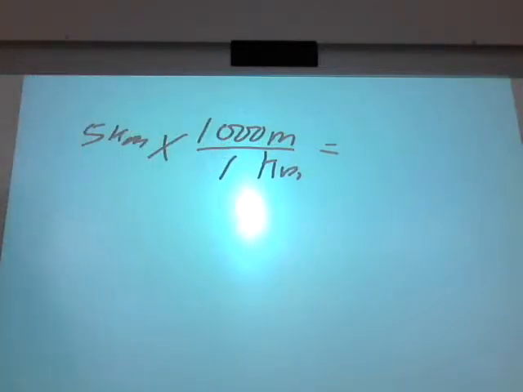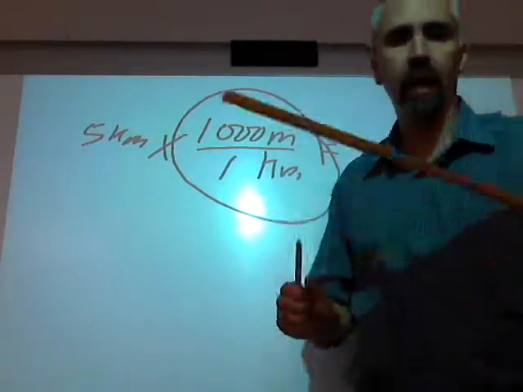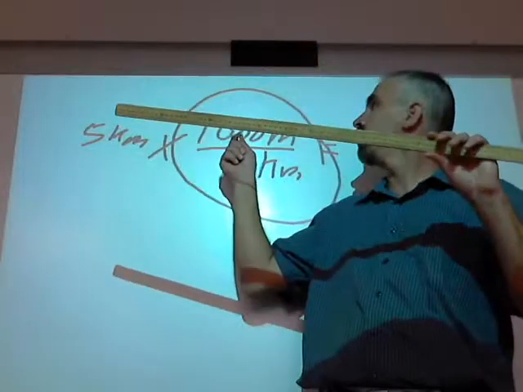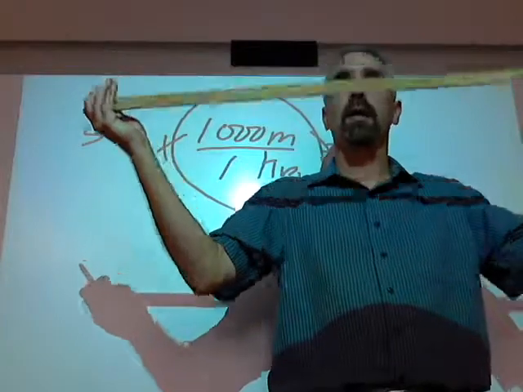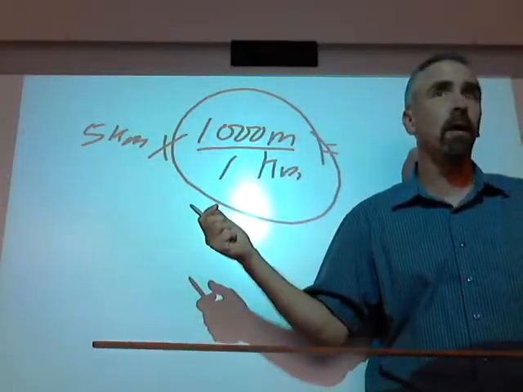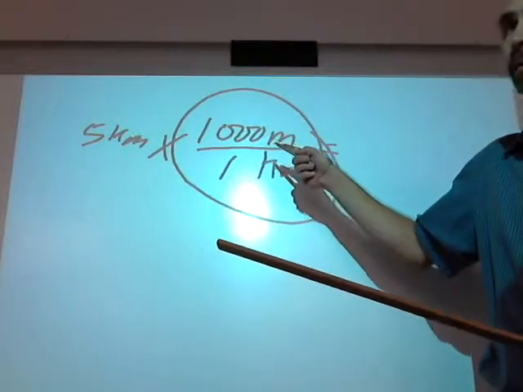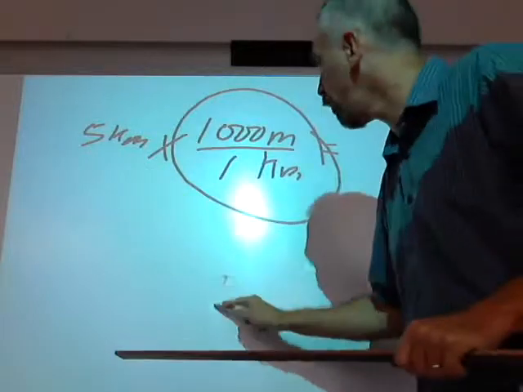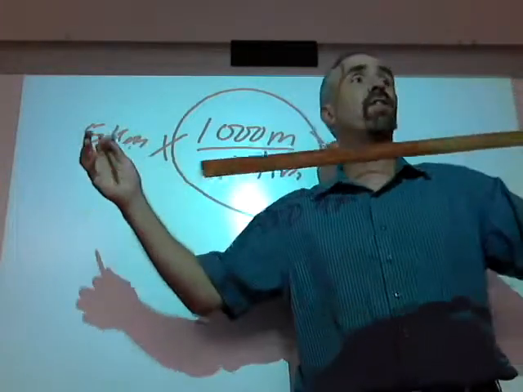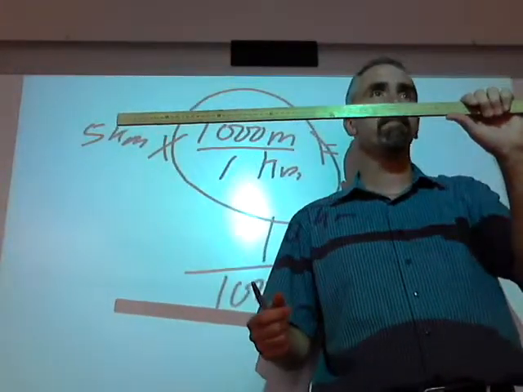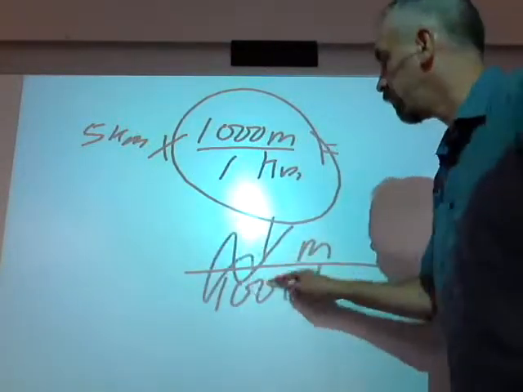And the question of where you put it has to do with common sense. Let's look at it again. Can I fit 1,000 meters into 1 kilometer? This is a meter. This is a meter, right? And you know, a kilometer is about as big as a mile, right? Does it make sense that 1,000 of these would fit into a mile? Yeah. But if you did it backwards, you should know it by common sense. If you put 1,000 kilometers and 1 meter, you're saying that you can fit 1,000 miles into this thing, right? And that won't fit. Okay? So you have to use common sense. All right, that would be wrong.